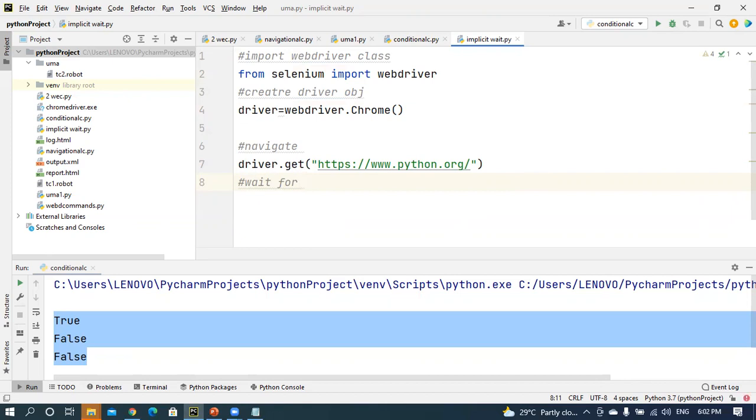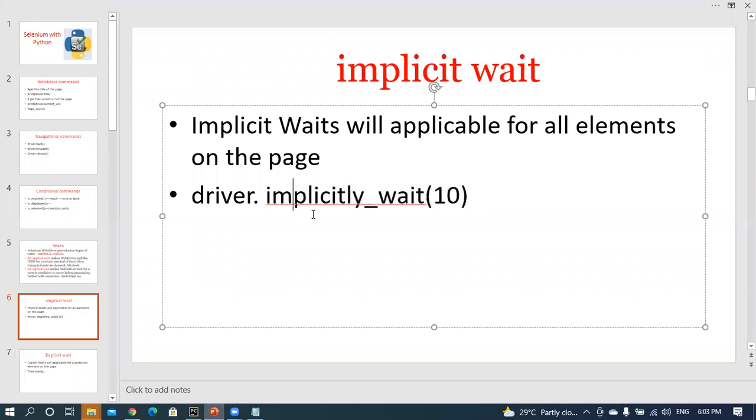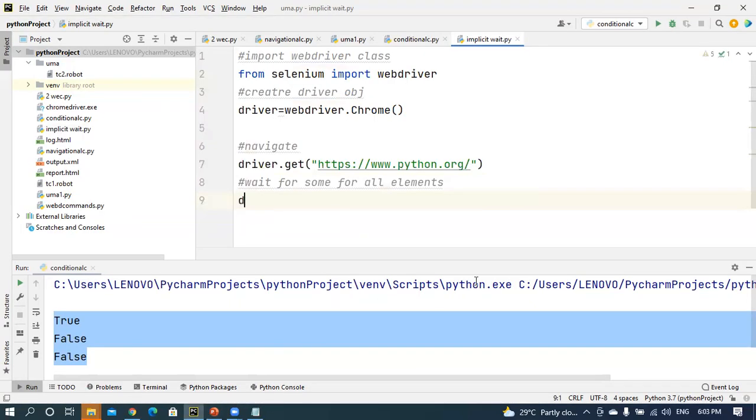Until all elements load, you cannot go further. This implicit wait is applicable for all the elements in a web page. What is the condition for the implicit wait? This is driver dot implicitly wait.